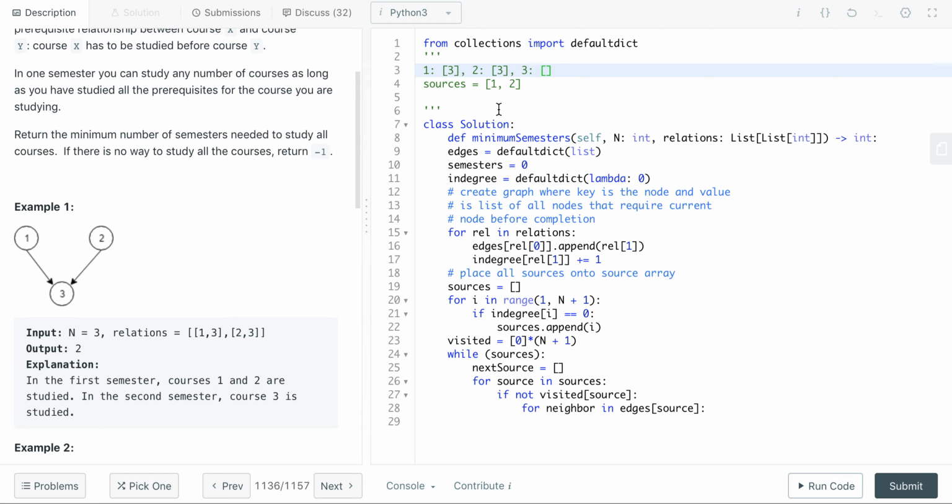So when we see that 3 has not been visited yet, then when we iterate the neighbor in edges source, we see we have 3. So the neighbor would be 3. And if we have not visited the neighbor, so we're looking at 3, so if we haven't visited 3, and okay, well,